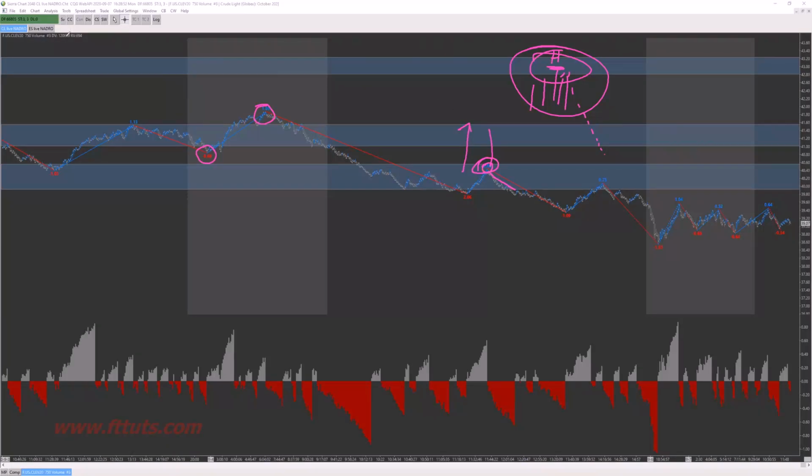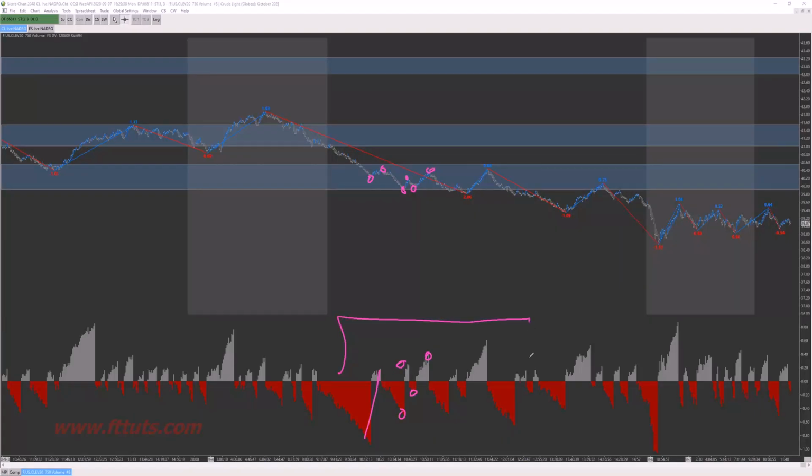This is a tool for your eyeballs to get used to seeing rhythm. Some people find it helpful at the beginning stages to ask, what are we doing here? We're smoothing out some noise, averaging out some of the rotations. What I have down here in the bottom pane is a shorter-term rhythm. We make a swing low, which was here, and then a swing high, which was here, and then another swing low here, swing high, swing low, swing high. So in this bottom pane, you can see what we might refer to as short-term rhythm.